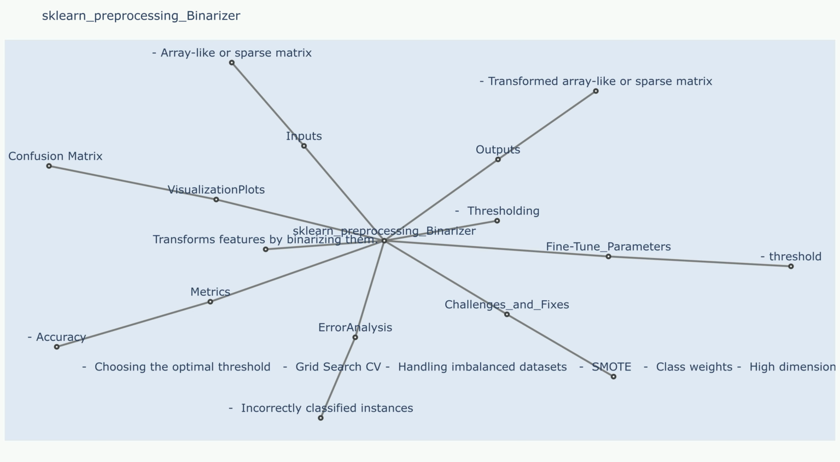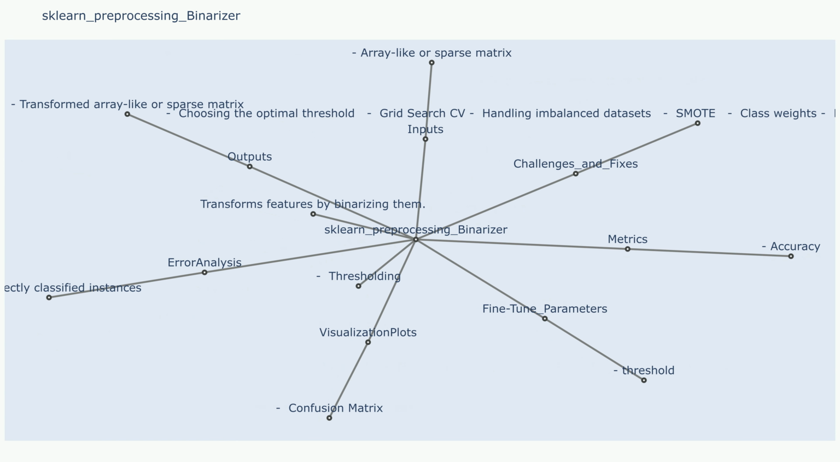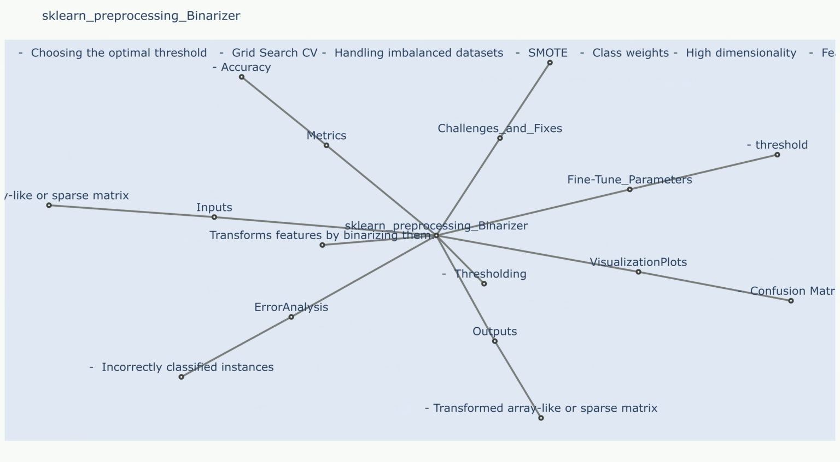sklearn.preprocessing.Binarizer. Description: The Binarizer class in scikit-learn (sklearn) is a data preprocessing technique used to transform numerical features into binary values, 0 or 1, based on a user-defined threshold. This is particularly useful for binary classification problems where a feature is considered present or absent based on its value